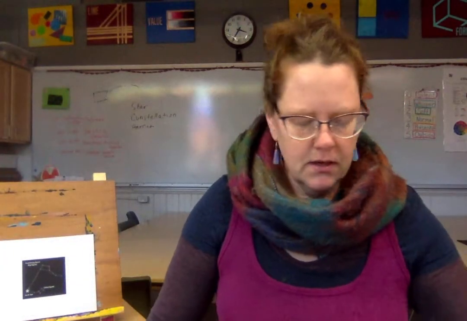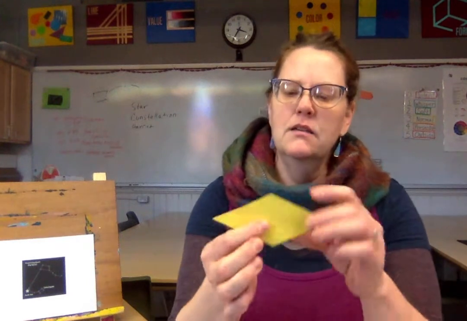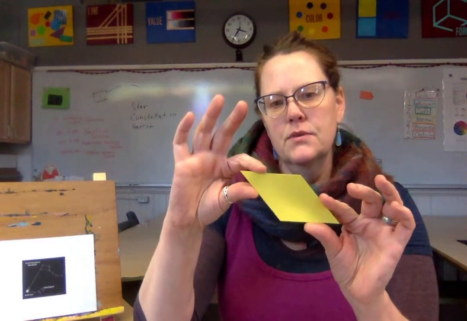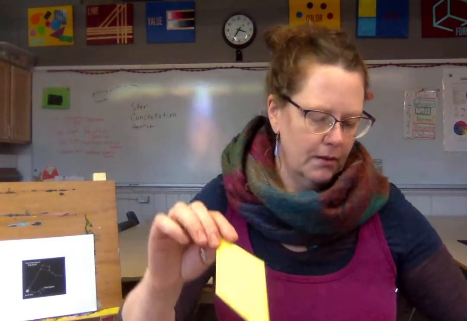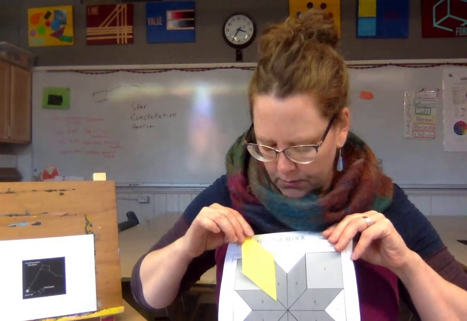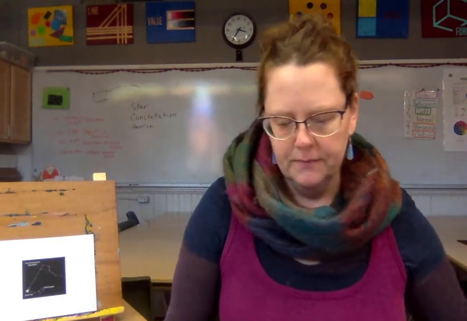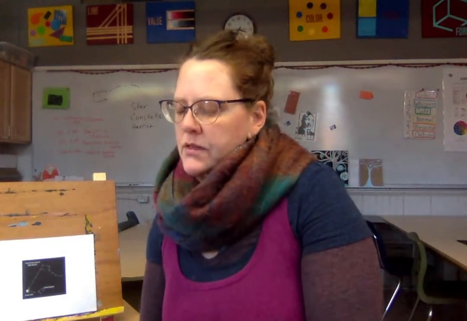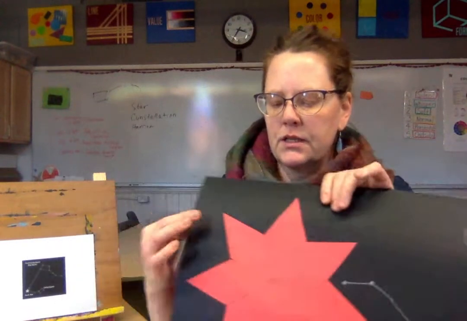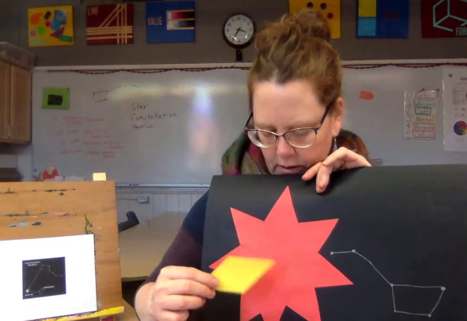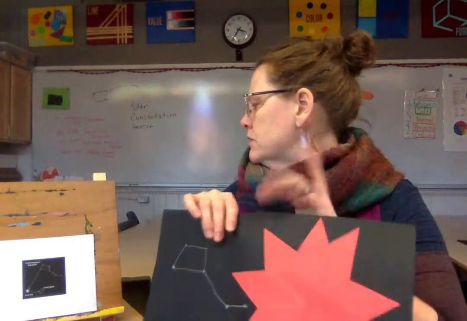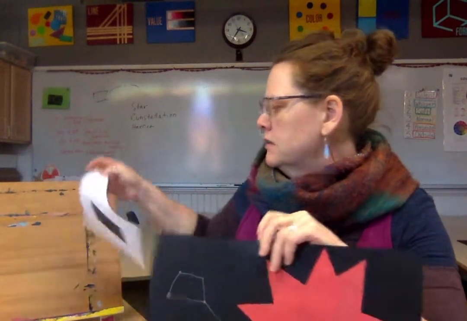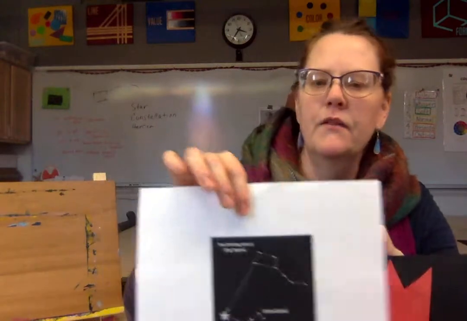So we discussed those, and I ended up cutting out shapes. Students said this looked like a diamond, which does, but it's a parallelogram, and it's similar to the shape in the quilted pattern. Using those shapes, we created stars on a black sheet of paper, and I wanted them to also think about the constellation of the Big Dipper,